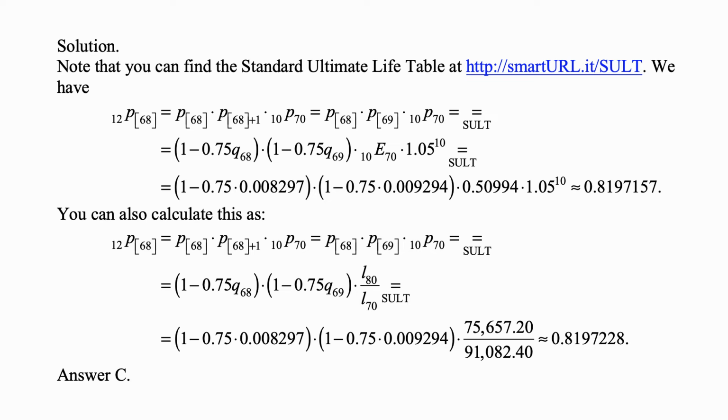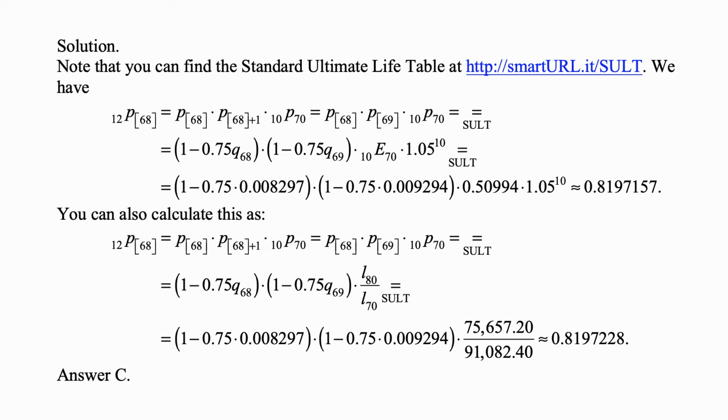Actually, the mortality rate during the select period at any age is equal to 75% of the mortality rate in the standard ultimate life table, which means that being selected at age 68 and then looking at mortality rate 1 year later for that person, it's the same as being selected at age 69, because it's always 75% of the standard ultimate life table, the mortality rate, the Q, not the P. So we write this as 1 minus 0.75 Q68 times 1 minus 0.75 Q69 times,